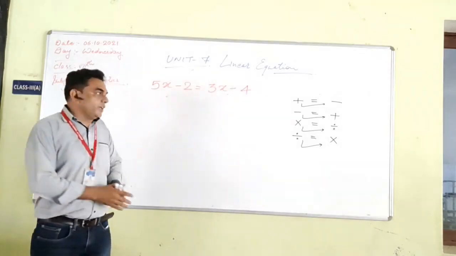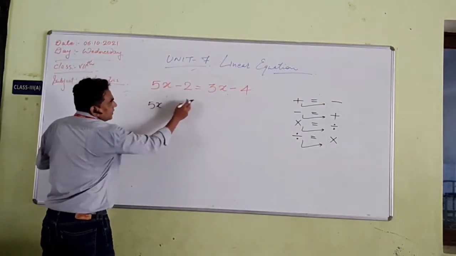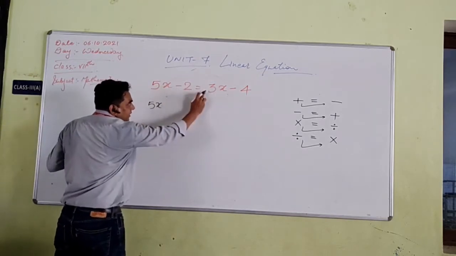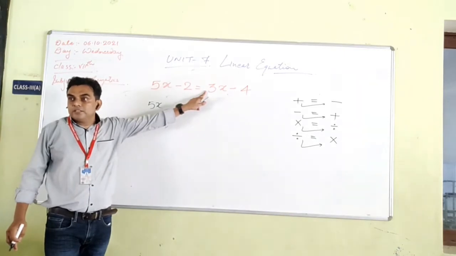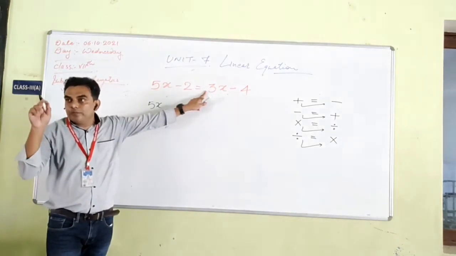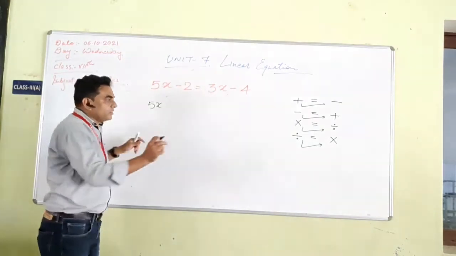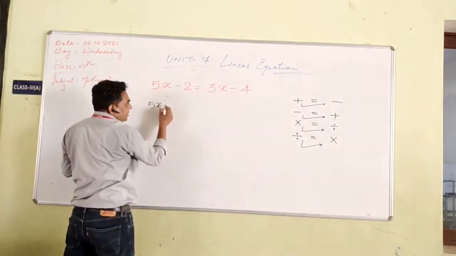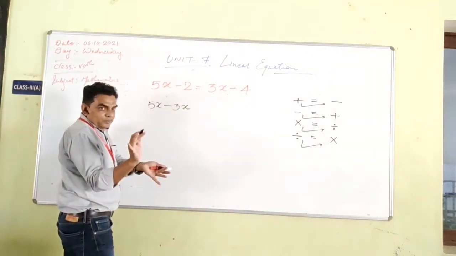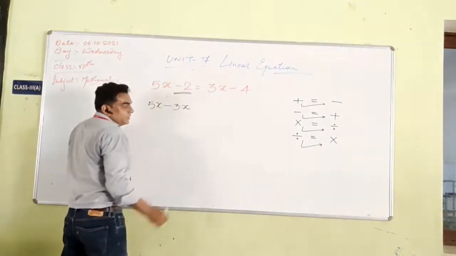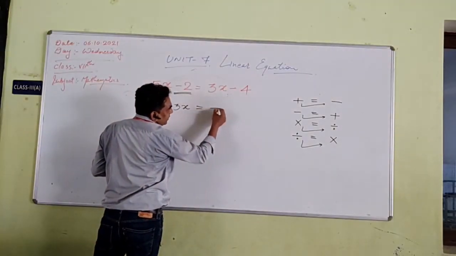We want only x. So that's why you can just take x from here. 5x. You can just take 3x from here. Here there is nothing, then it is positive. That means the sign of addition is put there. It is positive. So whenever 3x comes from that side, it will be minus 3x. Understood? And if this minus 2 will go from here to here, it will be